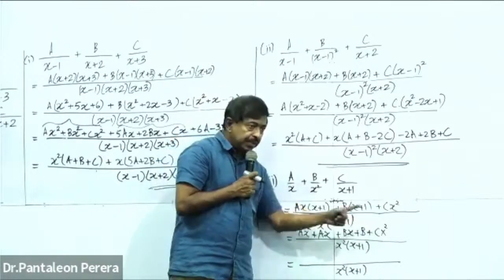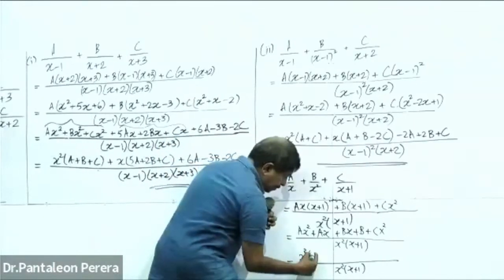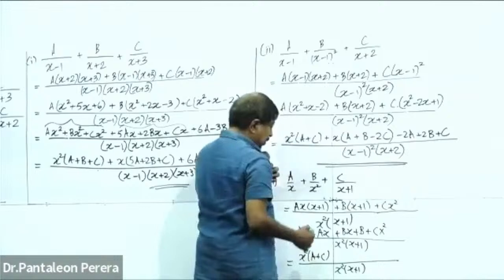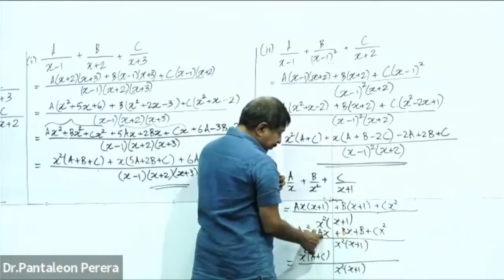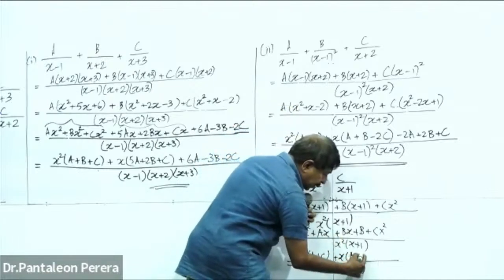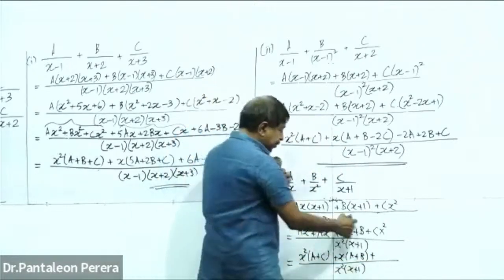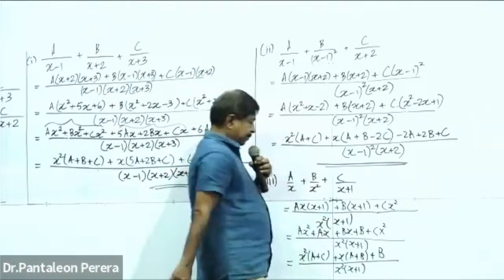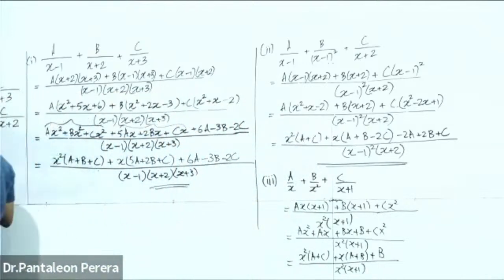A plus c. Right. There are two terms carrying x, ax and bx. So if you pull out x, you get a plus b. Then there's one constant, b. Right. Now the fourth,